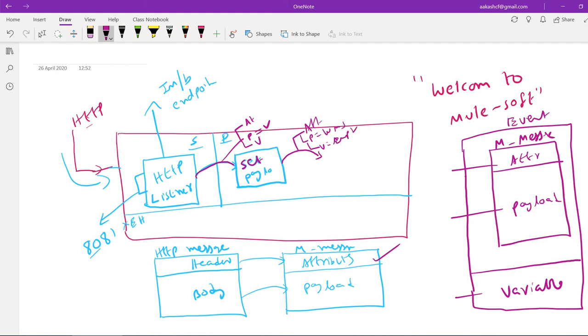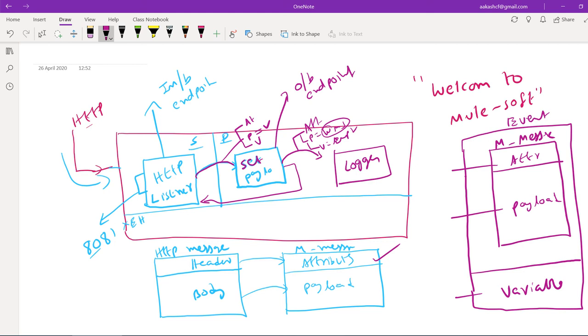Right? Now I simply write a logger to extract the payload value. From set payload itself, the payload will be given back to the client. Who is giving it back to the client? This listener itself. So I will call this set payload an outbound endpoint. Logger is not an outbound endpoint. I'm just writing this logger to display the response on the console of your Anypoint Studio. Before going to the client, if you want to see the response on the console, you can use the logger and a DWL expression. I will tell you what the DWL expression is when I show it practically.